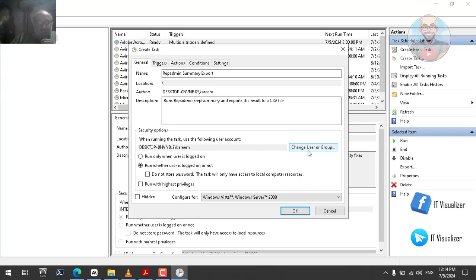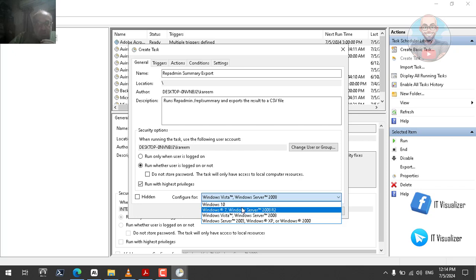So whoever executes this command needs to have remote access to the servers. You need to use the domain admin account or any user that has privileges on the local domain controller and the remote domain controllers, and then we can run it with the highest privilege,